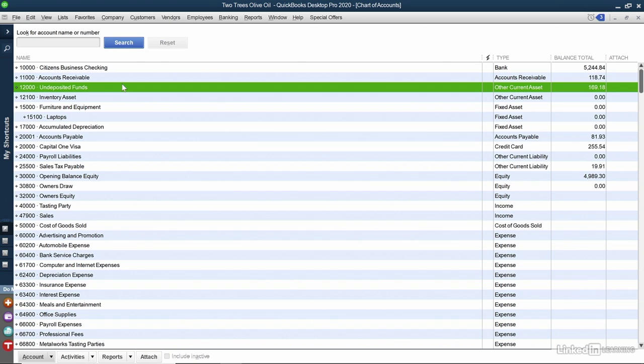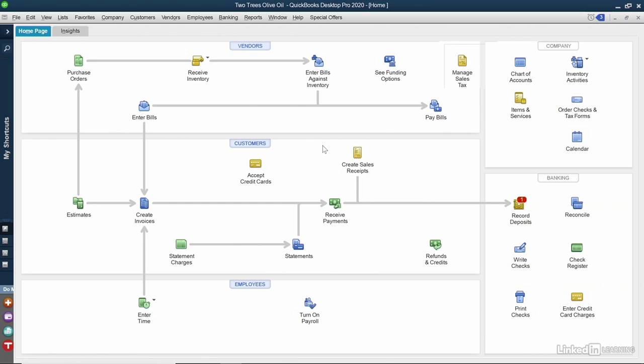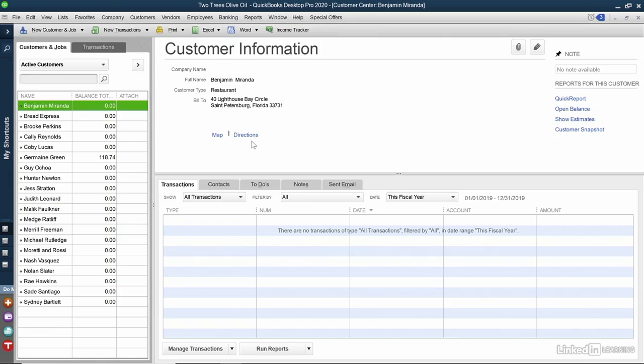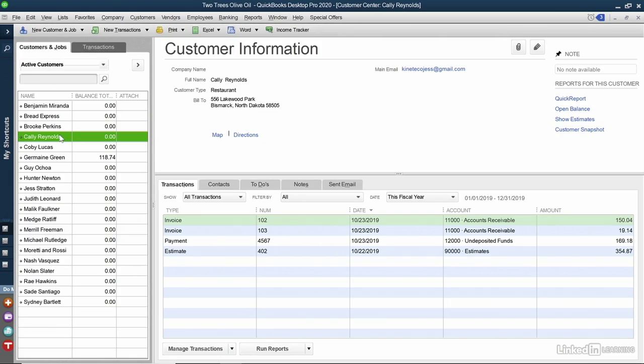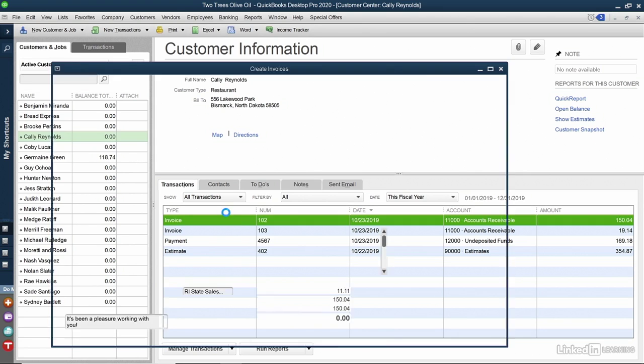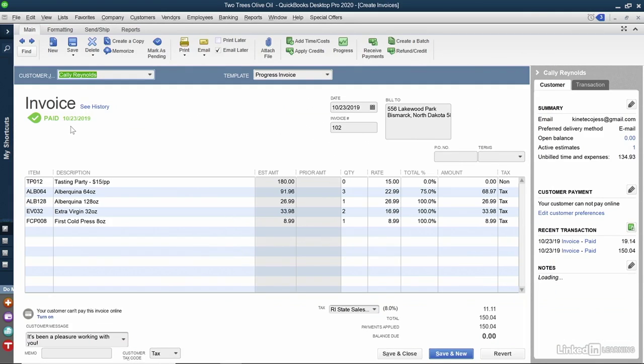It is possible to send Callie a receipt for this payment. I'll close out of the chart of accounts. I'm going to go back to the Customer Center by clicking Customers on the home page. I'll select Callie Reynolds, who now has a zero balance because she's paid all of her invoices. If I double-click on any of these invoices to open them up, I can see that they're now flagged as being paid in QuickBooks, and down at the bottom, they have a zero balance due. If I select Print and then Preview,